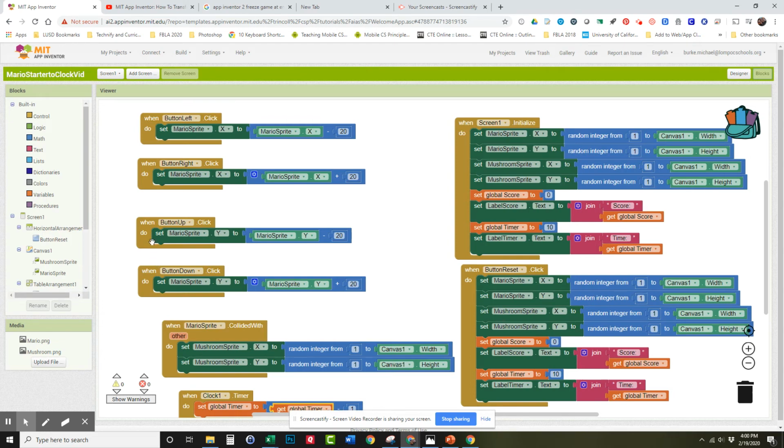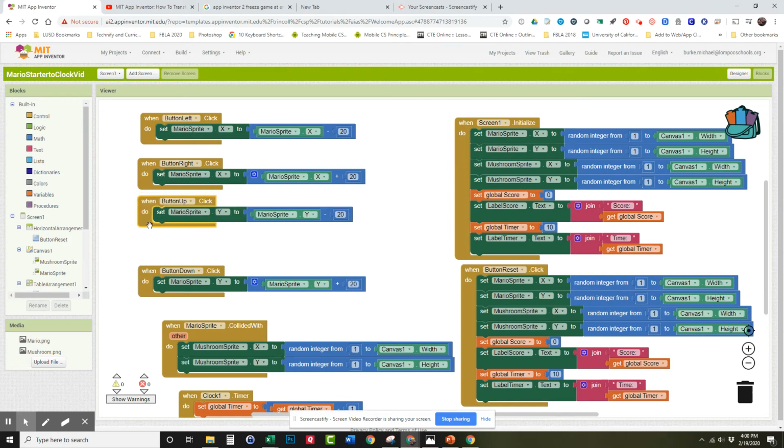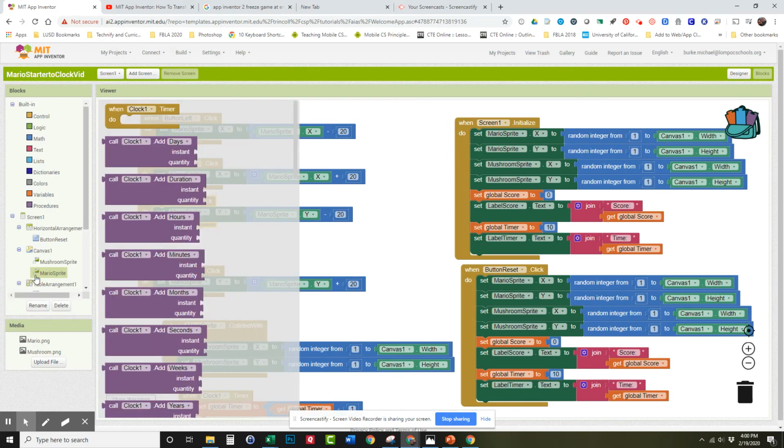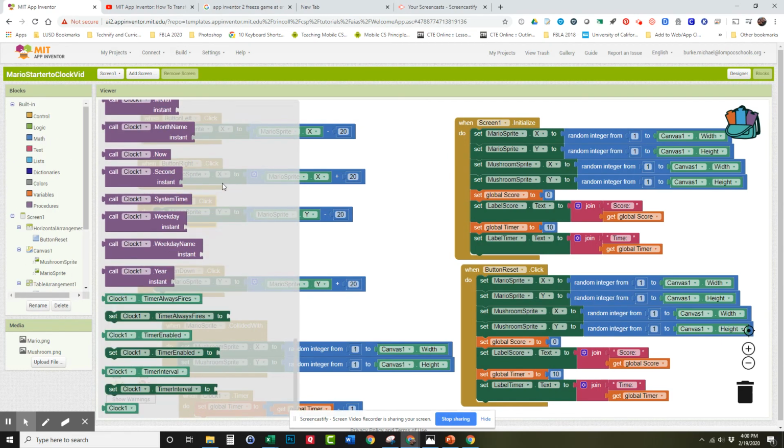Okay, so you start the game by moving Mario. Let's just do it with the up button, because I like doing it with the up button, and the way it's positioned, it's easier to work with. And watch carefully what we're doing here. Okay, we're going to say that the clock,